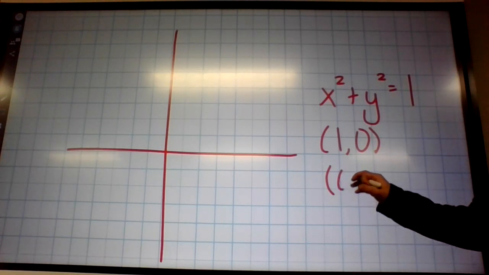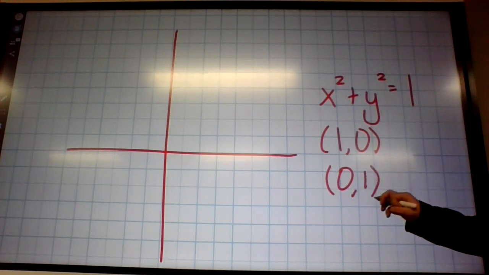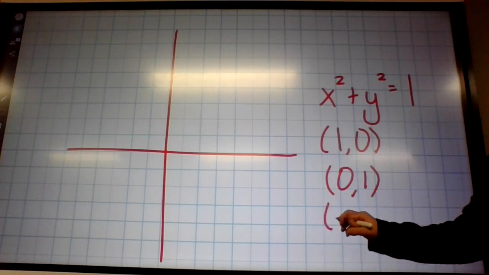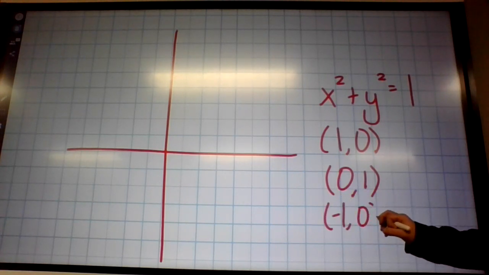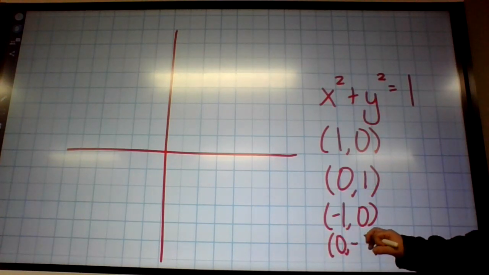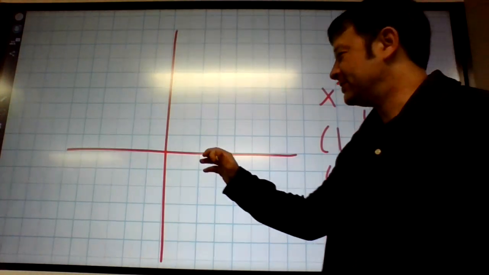0, 1. 0 squared plus 1. Anything else? Negative 1, 0, because negative 1 squared is also 1. 0, negative 1. Okay, and if I graph these,